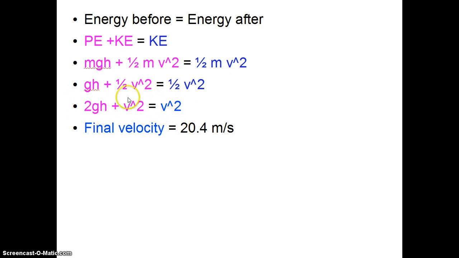This right here, that looks kind of familiar. I've seen this somewhere before. It's one of the kinematic equations. We just replaced g with a and h with delta x, and it's one of the kinematic equations that we looked at before. And yes, this equation is very similar to the kinematic equation that we gave before, but